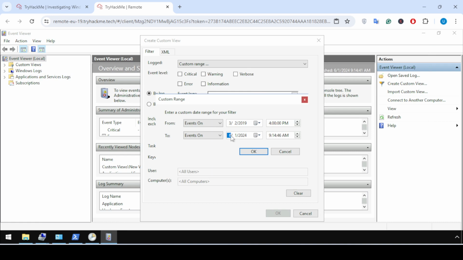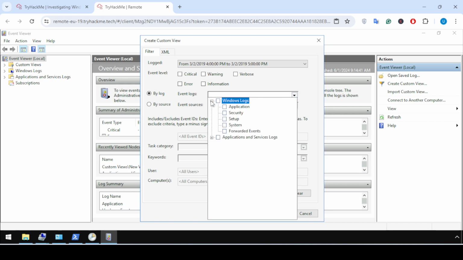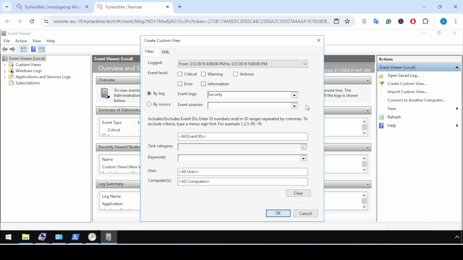Here I also specify the date, that is 3/2/2019, and then 4 to 5:00 and click OK. By event log, we should select the security log. No need to specify the event ID.